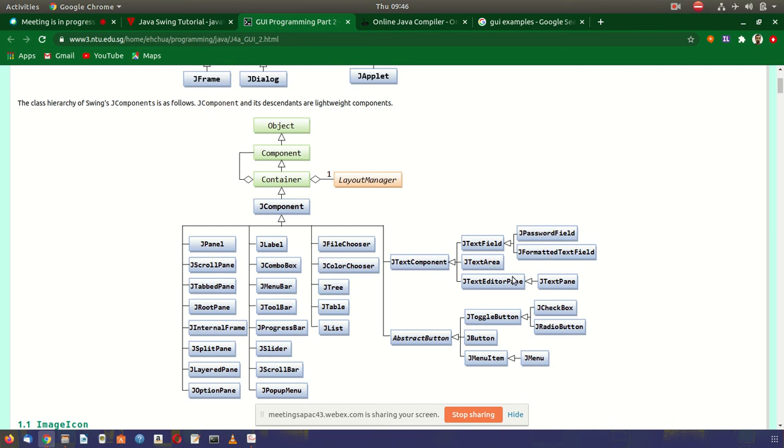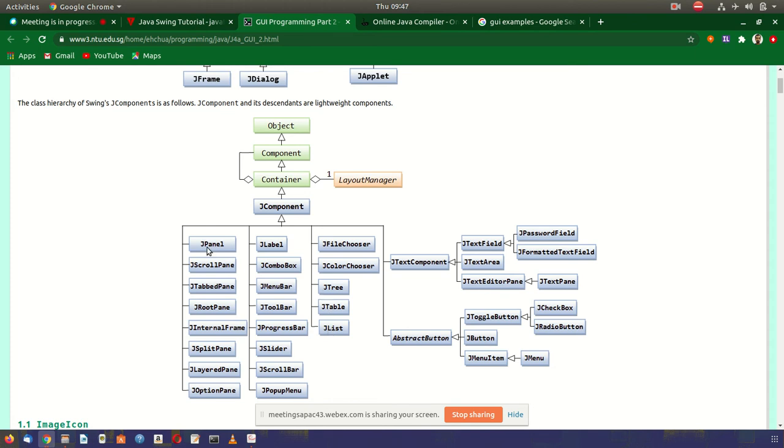So mainly what we are going to work with is the text area part. Mainly we are going to do this text area, and JButton. Text area, JButton, and this JMenuItem. This is one of the important ones. Then sometimes we are going to use JPanel.